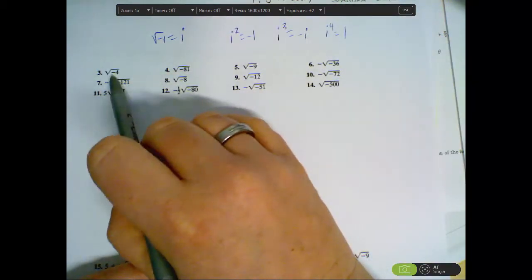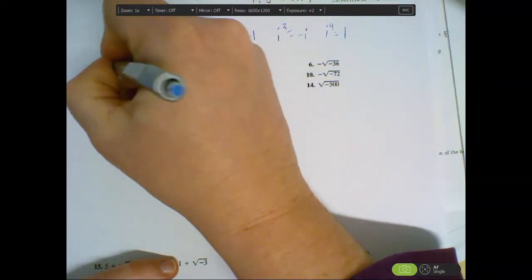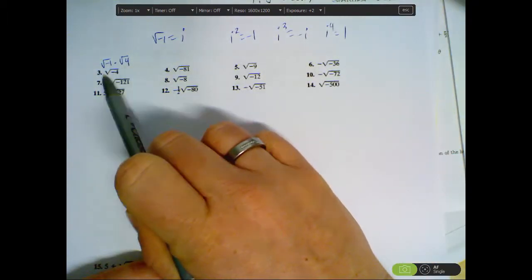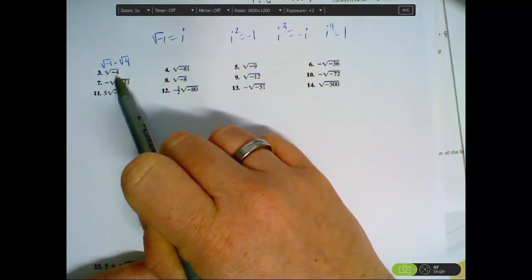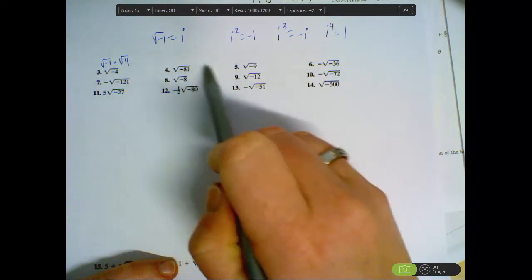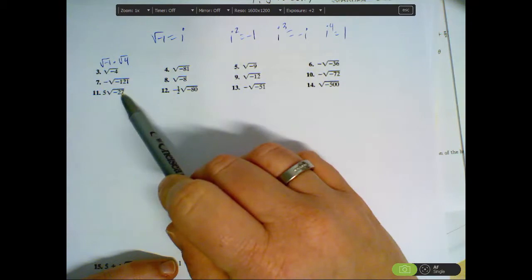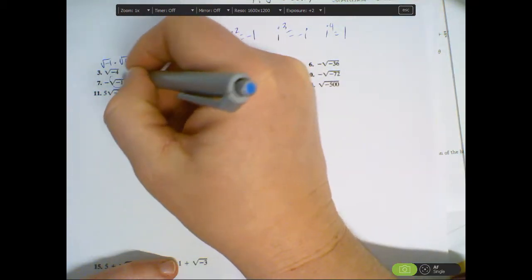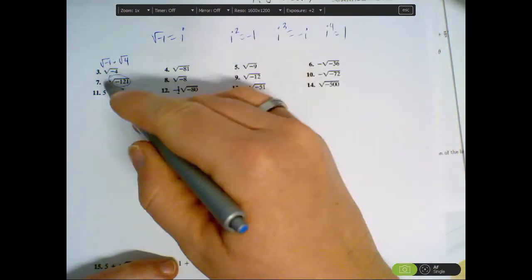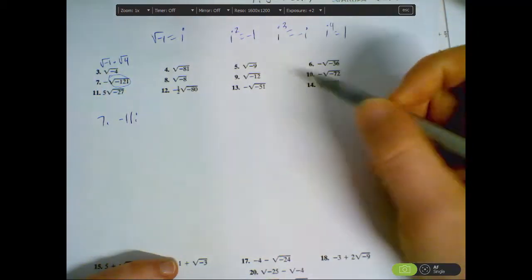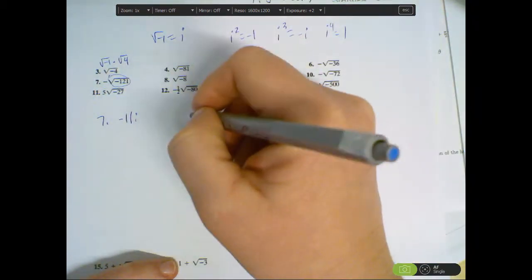So if I think about this as the square root of -1 times the square root of 4, well, this is 2, and this is i, so your answer is 2i. 9i. Oh, sorry, I'm only supposed to do the odds. 3i. Now here, this is 11i, but there's a negative in front. So number 7 is -11i. Number 9